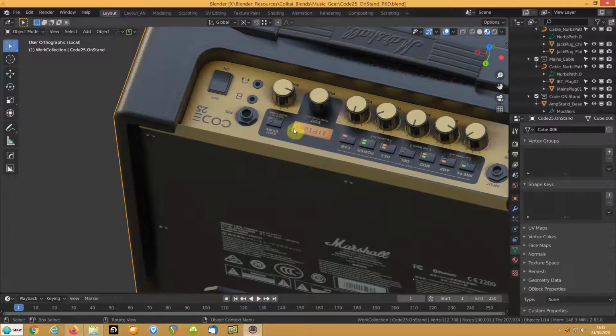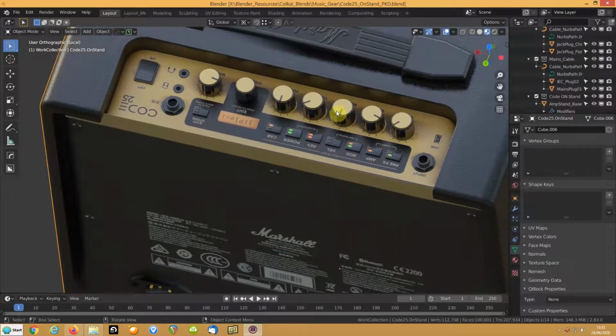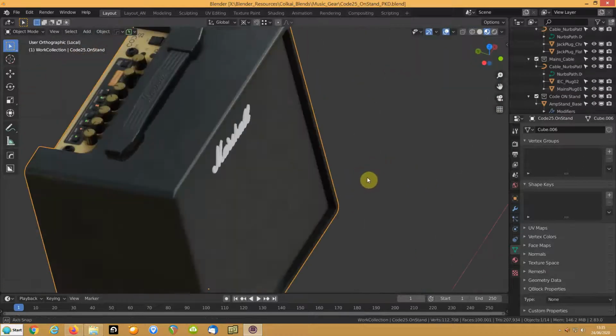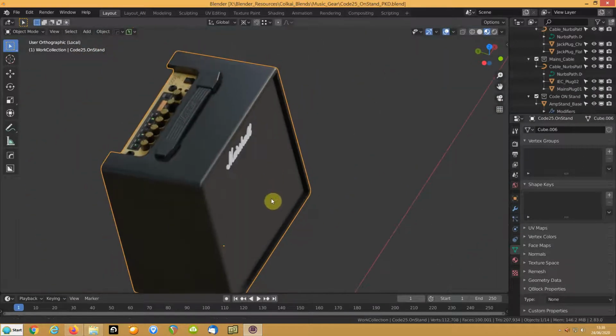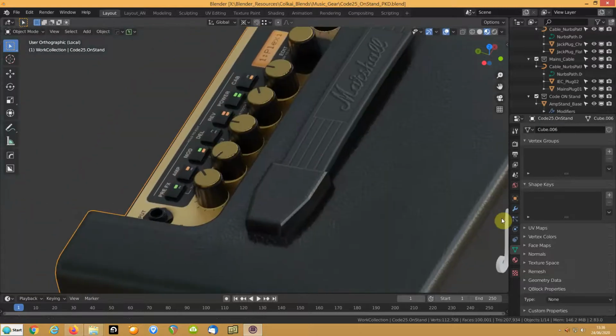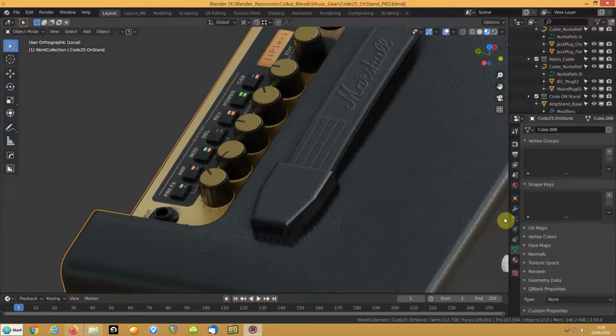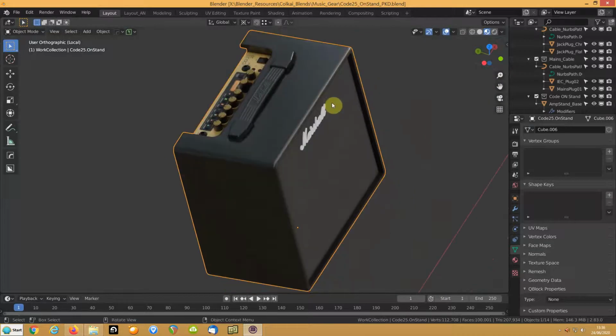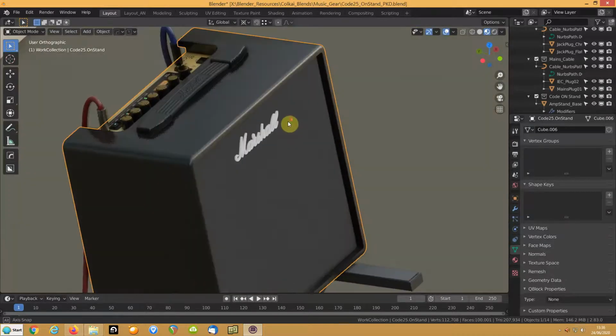Some of this is texture, obviously. All of that's texture, but the buttons aren't. It's pretty obvious which is texture and which isn't, but at anything other than right up close, which still isn't too bad, you can't tell. So that's your amp,